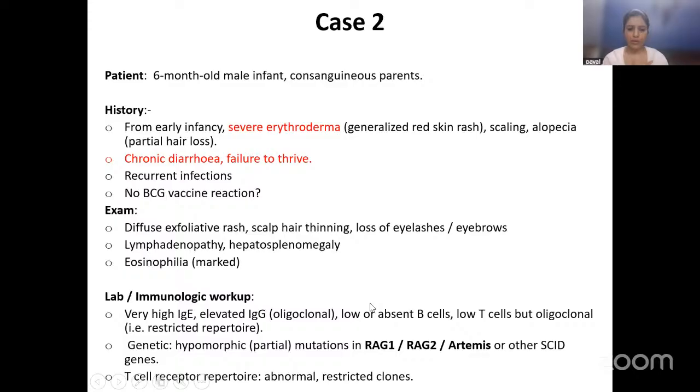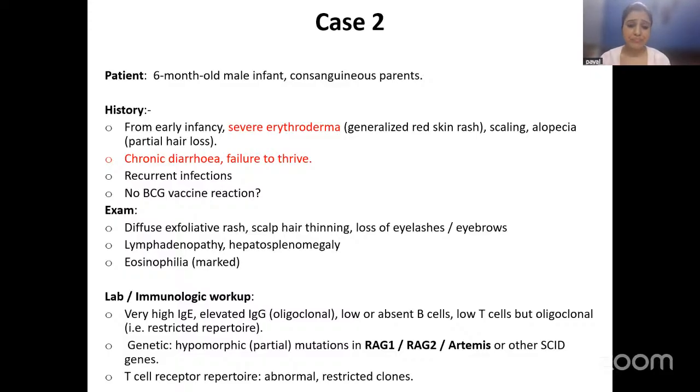Now what is oligoclonal? Okay, so you've got B cells and T cells. Whenever we send them for analysis, there may be oligoclonal expansion, meaning a particular type of B or T cells may expand abnormally. Polyclonal is that they're actually different B or T cells. However, one of the subsets expands oligoclonally, and that may actually cause a problem.